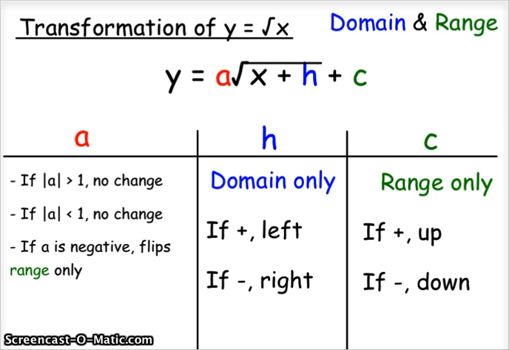Lastly, with c, again, it's outside the radical, so it only affects the range. And just like with quadratics, if c is positive, our range moves up, and if c is negative, our range moves